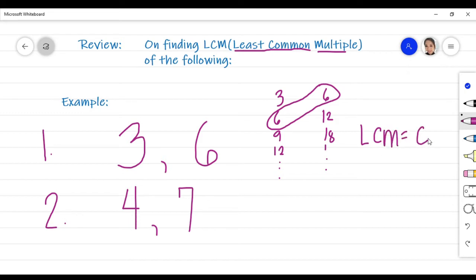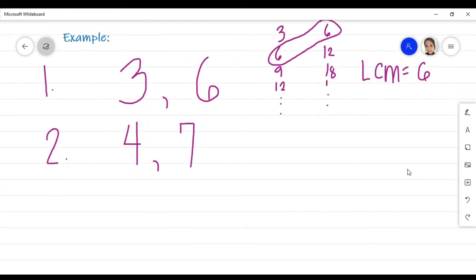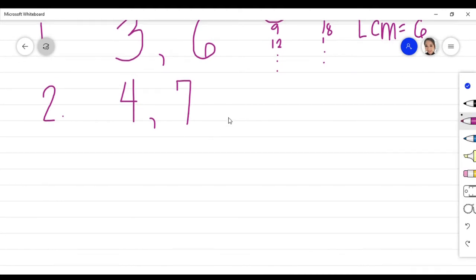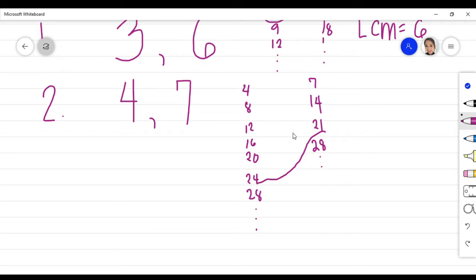Now, how about 4 and 7? What is the LCM for 4 and 7? So let's list their common multiples. For 4, we have 4, 8, 12, 16, 20, 24, 28, and so on. For 7, we have 7, 14, 21, and 28. So here we already have the common multiple, which is 28, which is the least common multiple of 4 and 7. Therefore, our LCM for 4 and 7 is their product, which is